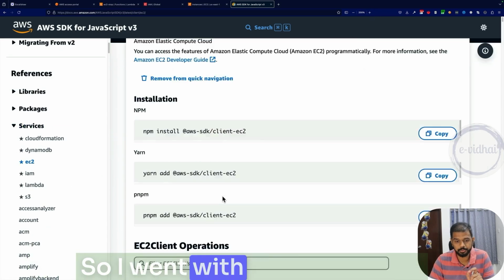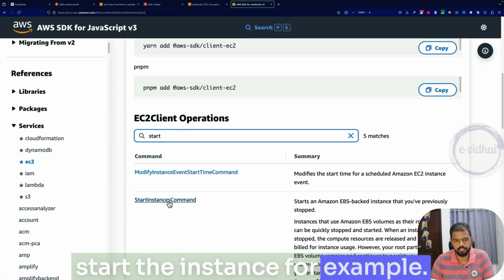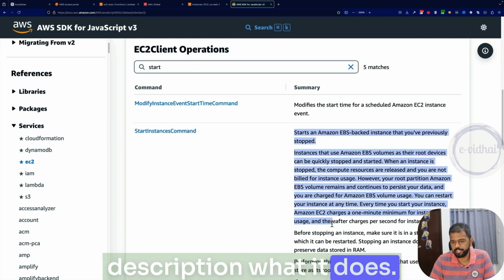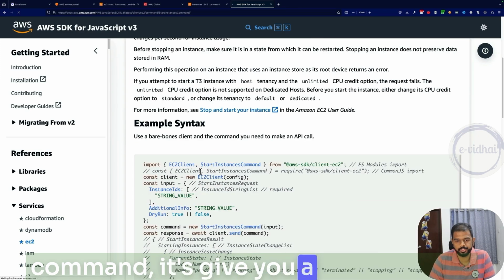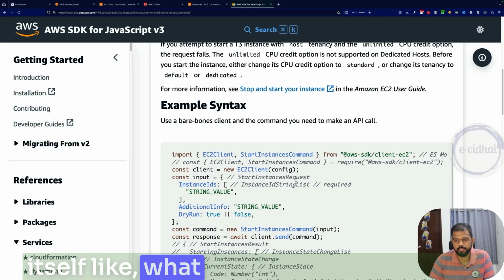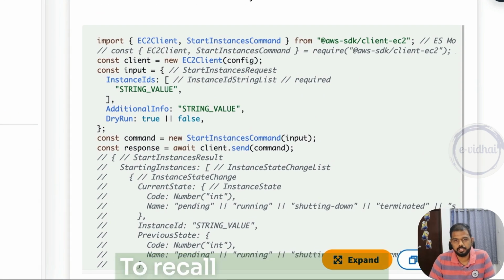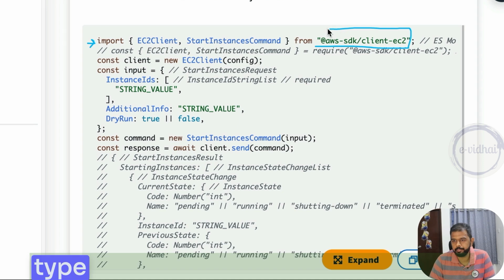So I went with EC2, and then if you come down, we are going to start the instance, for example. So I can see this is the command we are going to use. You can even read the description of what it does. And if I go with the start instance command, it gives you a code snippet itself, like what is expected, right? So to recall what we have, we are importing the AWS SDK of type client EC2, and then